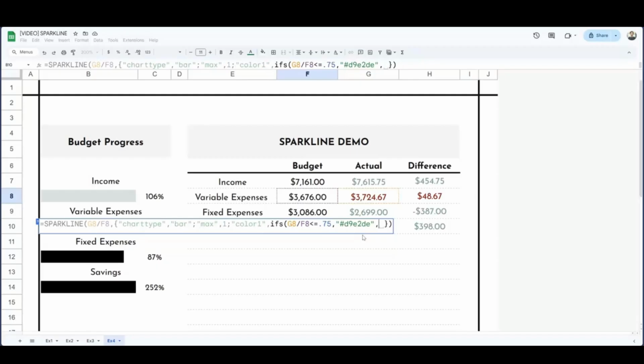and then if I'm getting close to my budgeted amount for the month for these variable expenses, so let's say less than or equal to 95%, we'll have it turn yellow. So again, I'm going to click on my actual amount divided by my budgeted amount, and we'll say less than or equal to 0.95 for 95%, and we'll make that yellow, and I'm going to enter in my hex code color, so comma,